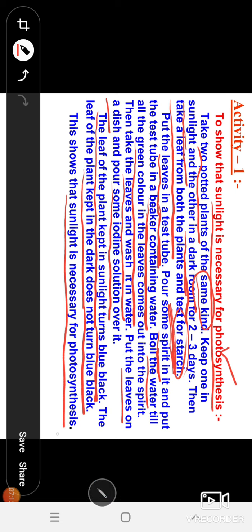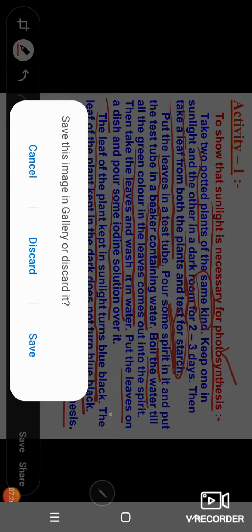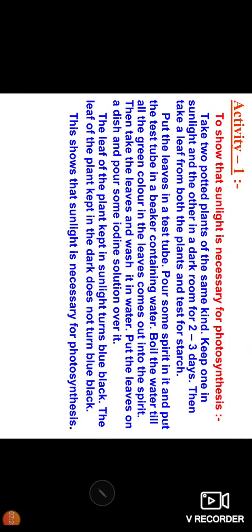I hope you understood the activity that sunlight is necessary for photosynthesis. So if you have all this equipment, you can try it at home also. And after this, the next activity is